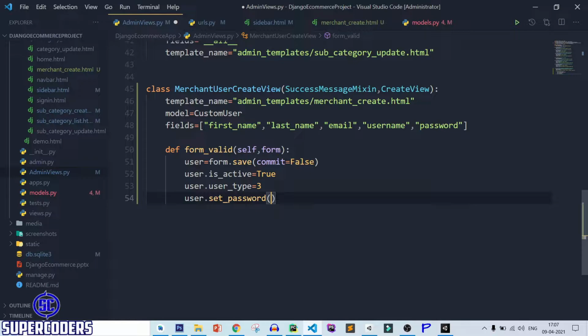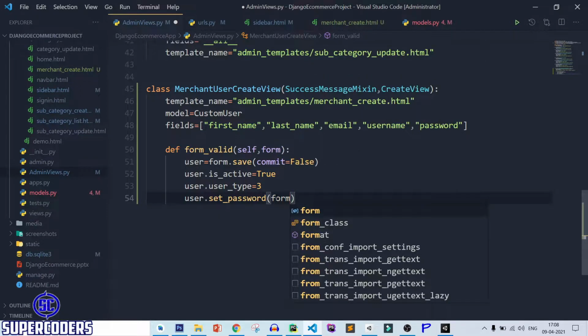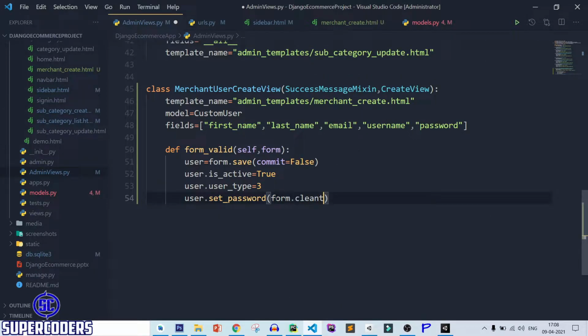To convert the password from plain text to encrypted form, you need to use the set method. After that, let's access form.cleaned_data and pass the password.